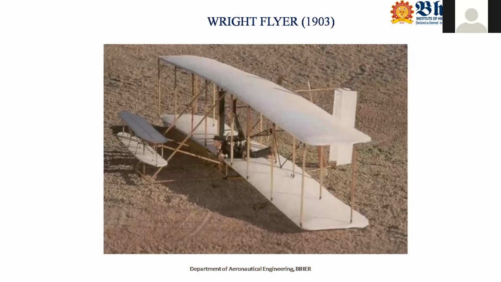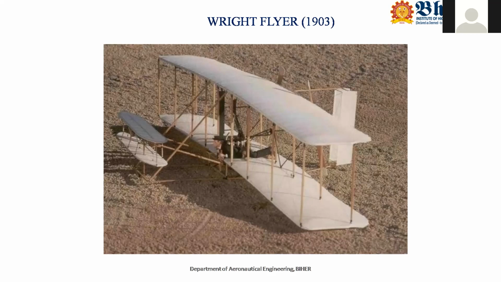And this is the Wright Flyer. See, Orville is here, and can you see the horizontal stabilizer? The Wright brothers used to call the horizontal stabilizer a rudder. They used to term this as rudder. They located the stabilizer ahead of the wing, so this is your canard wing-tail combination. Because of this, they felt some disturbance. So what they did is they tried to increase the length of the machine. By extending this length, they flew.